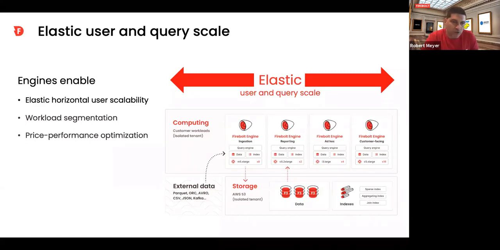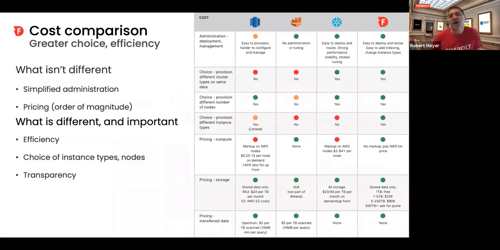Athena is 20 queued queries. You can have 20 concurrent queries per account. Snowflake does a good job of scaling horizontally. It can be expensive, so you need to understand how these things scale. In the case of Snowflake and Firebolt, you scale by starting up more instances of the same engines or virtual warehouses or clusters, and it works pretty well with true decoupled storage and compute. But you need to think about how efficient the scaling is too, okay? And that's where this is different on the cost side.